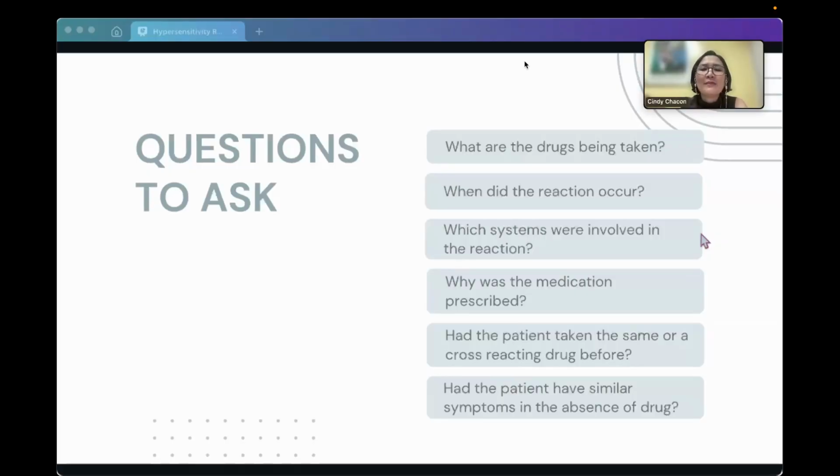Fourth, why was the medication prescribed in the first place? The indication is very important because symptoms of the underlying disease may be misattributed to the medication, such as, for example, a truncal rash during penicillin therapy for streptococcal infection, di ba? We know that streptococcal also has sandpaper rash. Baka mamaya iniisip nila yung sandpaper rash ng streptococci is a drug reaction, but it's actually part of the disease manifestation. Erythema multiforme, as I mentioned earlier, is partly a manifestation of Mycoplasma pneumoniae.